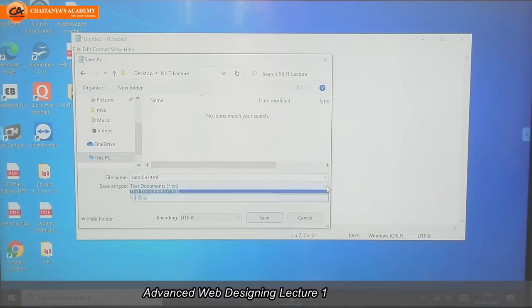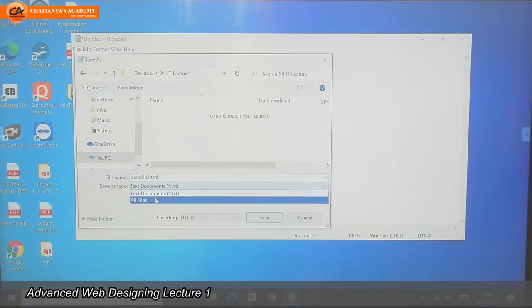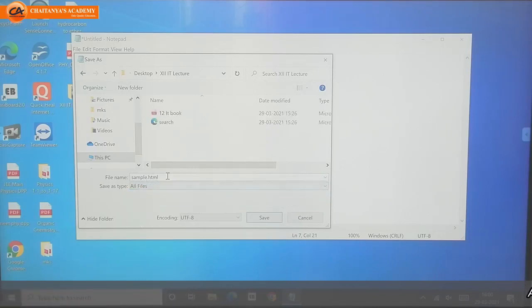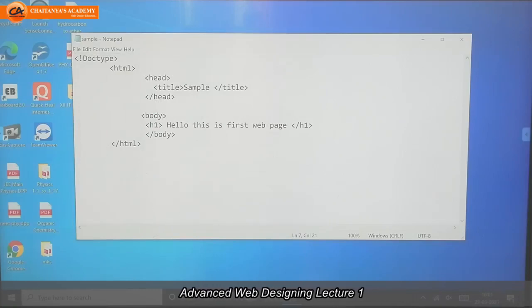Otherwise your file will be displayed as a text document, not as an HTML file. You have to save the file as HTML, sample.html. Next, save.